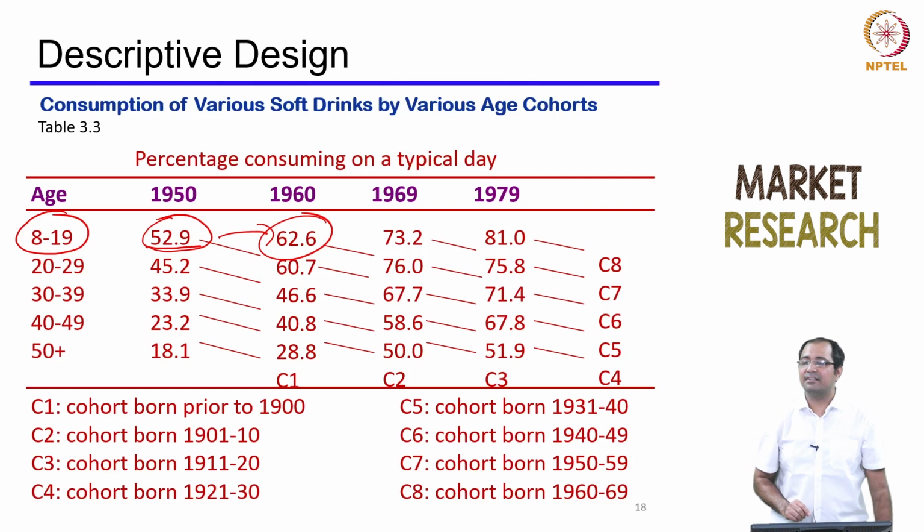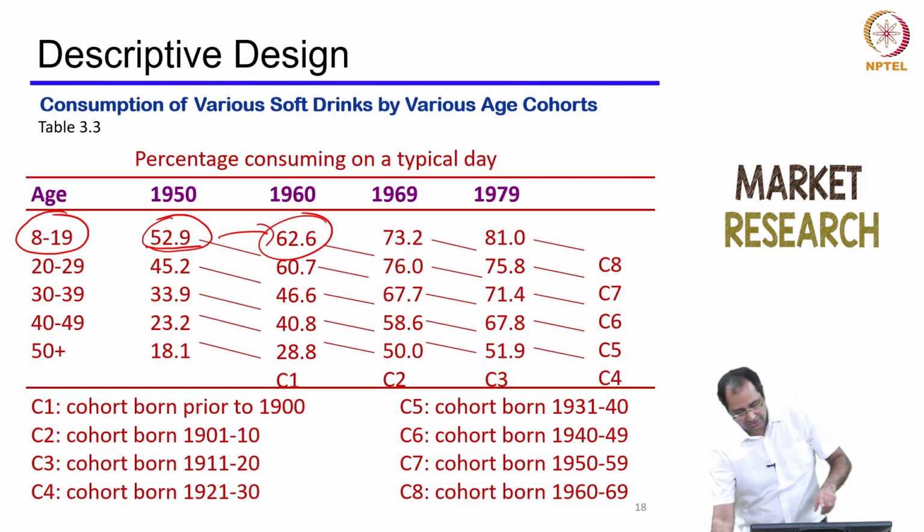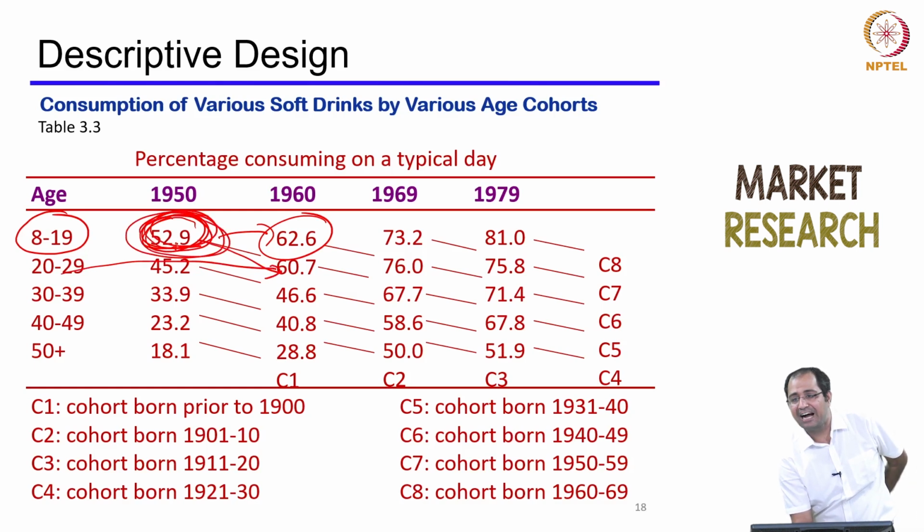Now look at the data from the same cohort. I'm sorry, this cohort, this data, it will become 20 to 29. So this age after 10 years. So if you look at the same cohort, this cohort, 52.9 units it was in 1950. After 10 years,